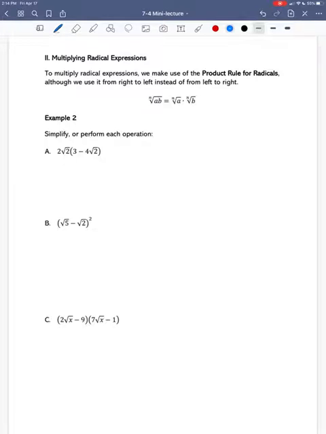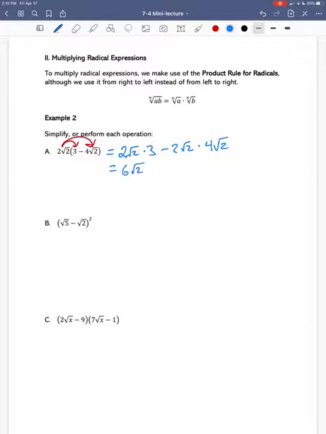We use everything we've ever done with multiplying before. So like in this first problem, I've got a number outside the parentheses. I'm going to have to distribute. So it depends how good you are at this. At the beginning, you can just literally write out the distributing. So 2 square root of 2 times 3 minus 2 square root of 2 times 4 square root of 2. Okay, now in this first one, the 2 times 3 outside, that would just be 6 times the square root